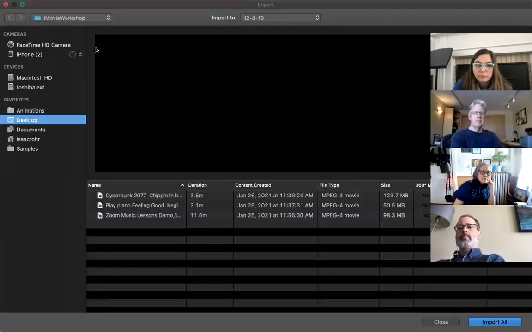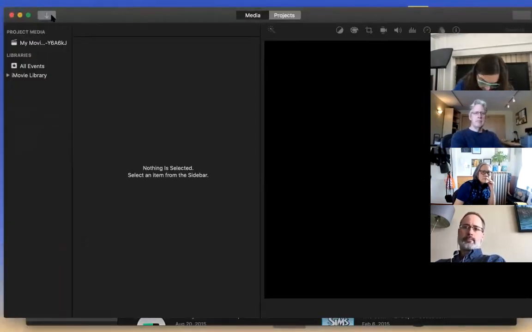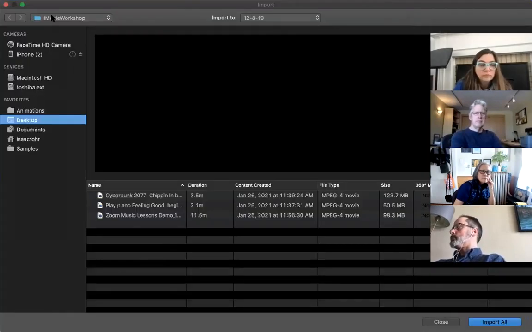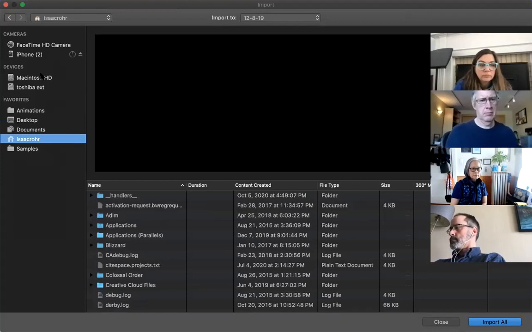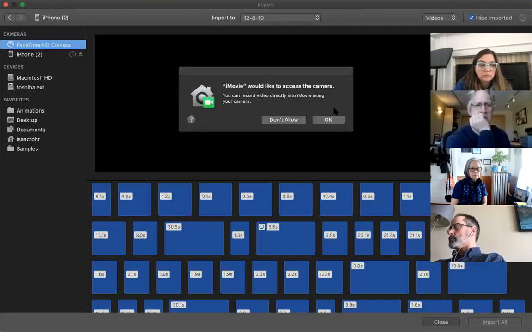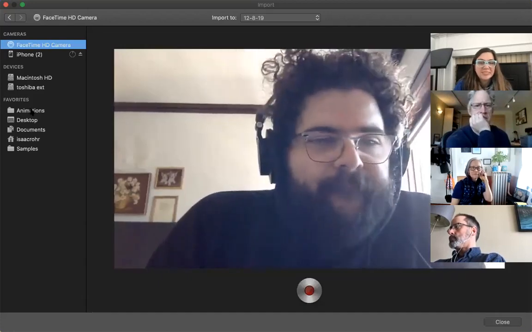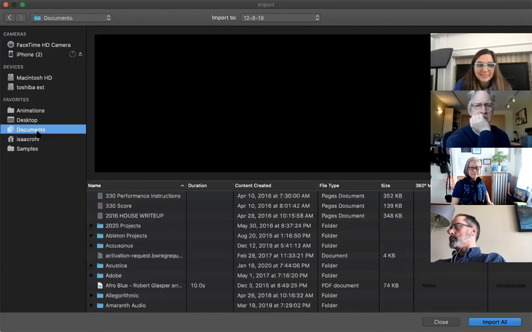So for example, here at the top left-hand corner, you can see this little down arrow. That's an import button, and that'll let you browse your computer for stuff that you have. This already is the files that I'm looking for, but if I didn't know where those were, I'd just browse around to try to find them. You can also look at stuff that's on your phone if you have it plugged in. So this is all the different media from my phone. You can turn on the camera. I'm not sure if this will work, but hi, you can do that. And then, yeah, anyways, you can browse stuff.